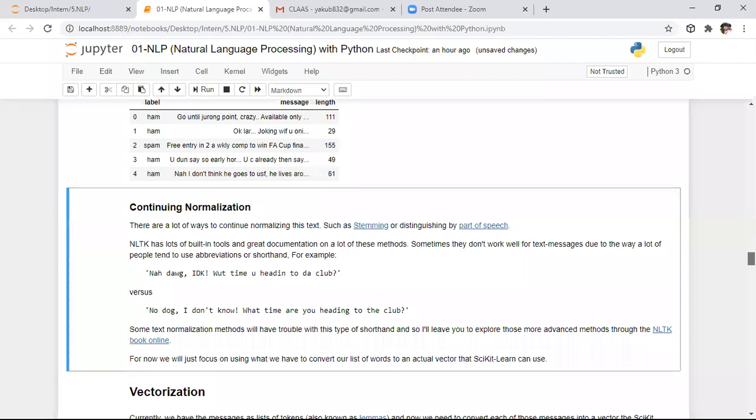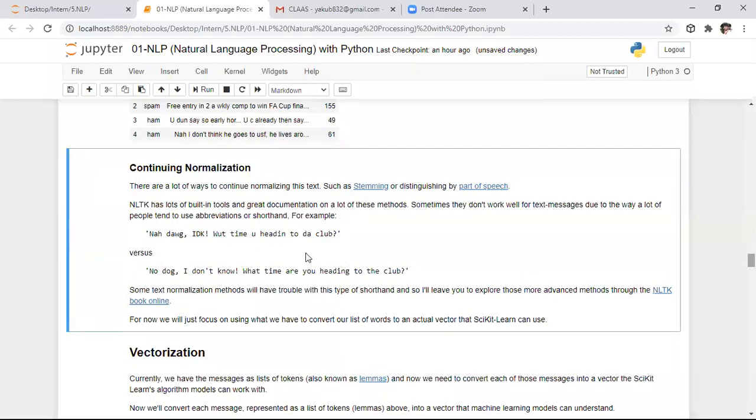After that, we need to perform vectorization. Here we have stemming and different kinds of things. Whereas coming to this project, we are not discussing short messages. Messages might contain short text, like "no dog", and someone may write messages like this. By using advanced packages from natural language processing, we can process this kind of information also. Whereas in this project, we are not processing shortcut text. We are processing long text information only.